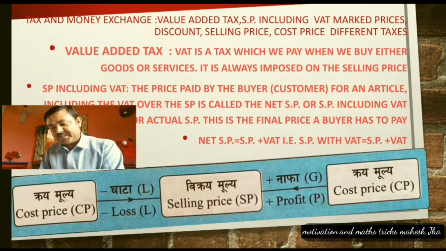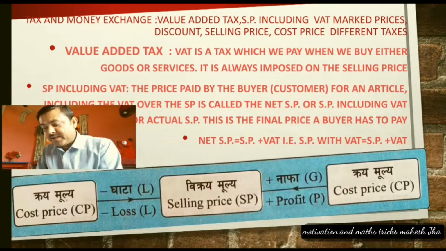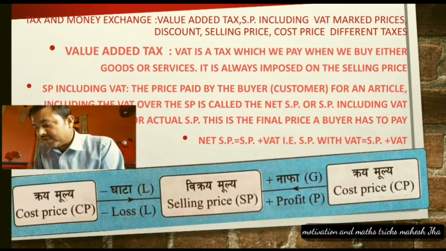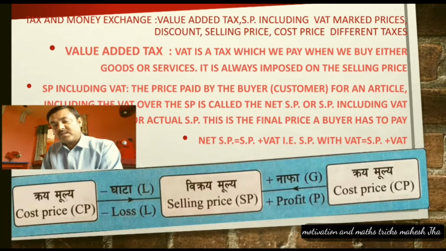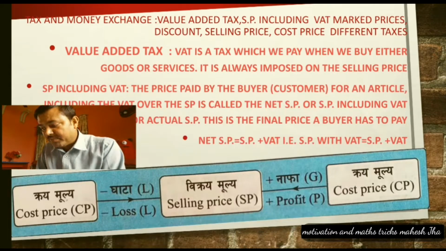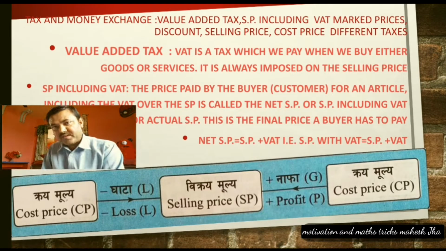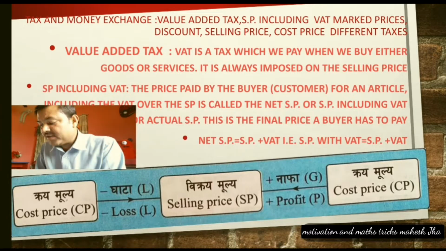SP including VAT means the price paid by the buyer or customer for an article including the VAT over the SP. It is called the net SP or SP with VAT. This is the final price a buyer has to pay, and always keep in mind VAT is charged on the SP, and SP becomes after discount. If there is no discount, then direct MP is called SP, and after adding VAT on SP it becomes SP with VAT. In this lesson we